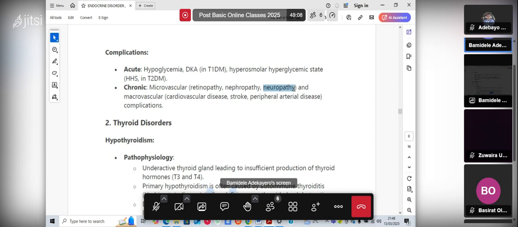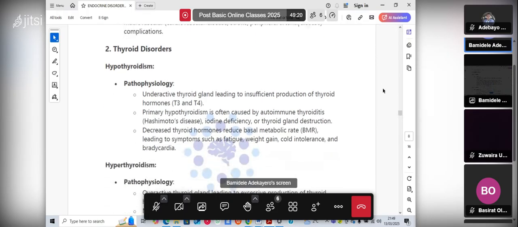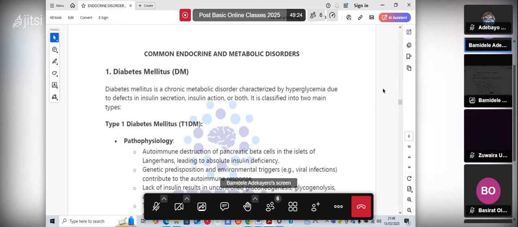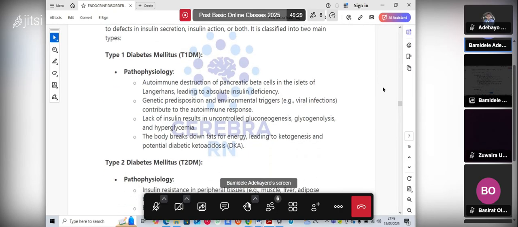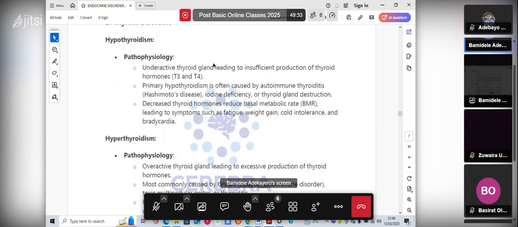Okay? So it can cause cardiovascular diseases because all of the blood vessels are constricted, which leads to stroke, etc. It's a very, very dangerous disorder with lots of complications. So that's the summary about diabetes mellitus. There's increased glucose in the body and it wreaks havoc. Then another common one is